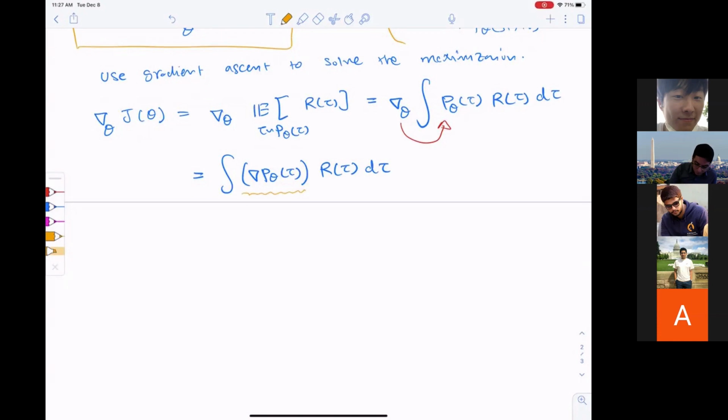And I need to compute this integration. So how can I do that? Even what I'm asking is, how can I even approximate this integration? Because my space is huge. There's a suggestion saying we can use MCMC, but how can I even take samples? My tau is going to be in a really, really huge space. How can I take samples in order to even approximate this integral?